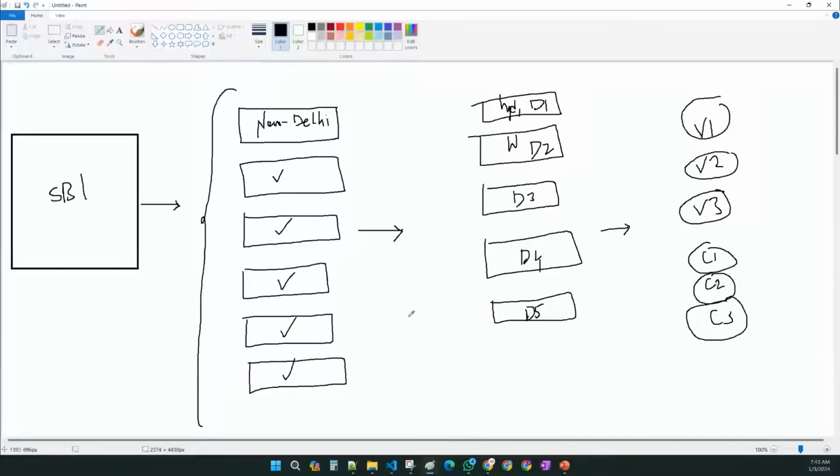Okay, those people have plenty of banking activities, and those activities are divided into multiple states, and branches are further divided into districts, and further divided into cities and villages. So this is how SBI is managing the entire thing. The main branch of SBI will be in New Delhi or somewhere, but all other things are managed by each and every state, district, city and village. Okay, so this is how. Similarly,